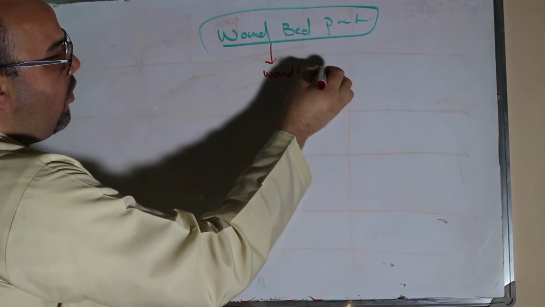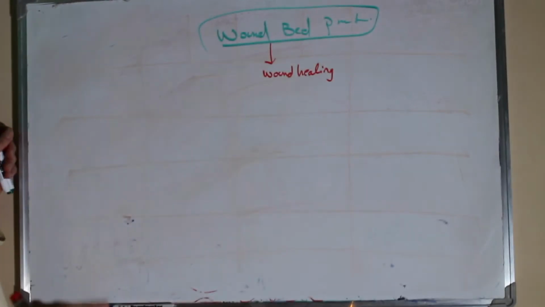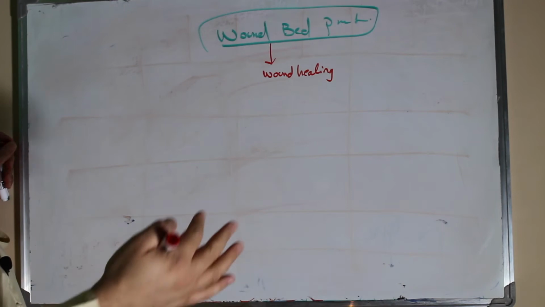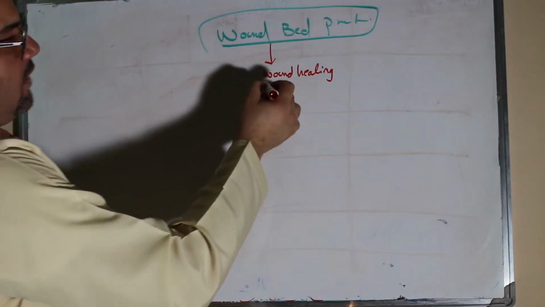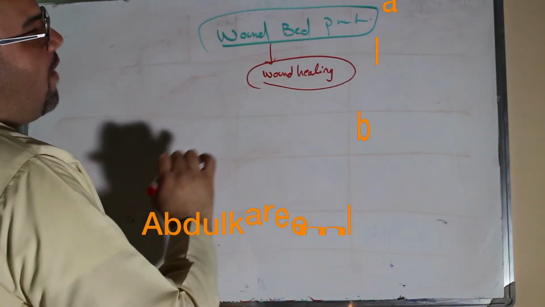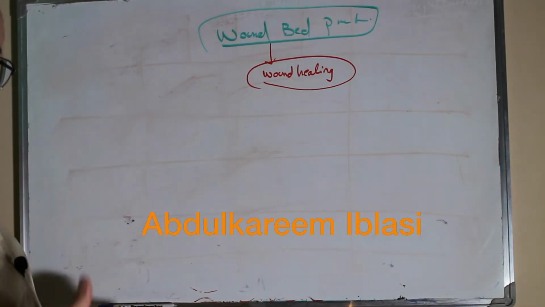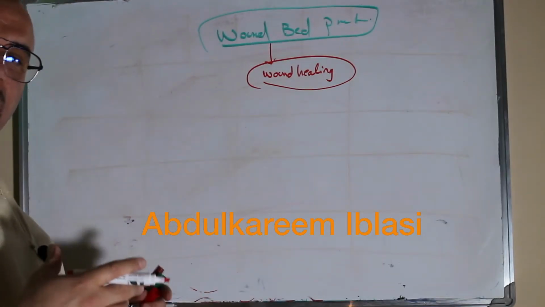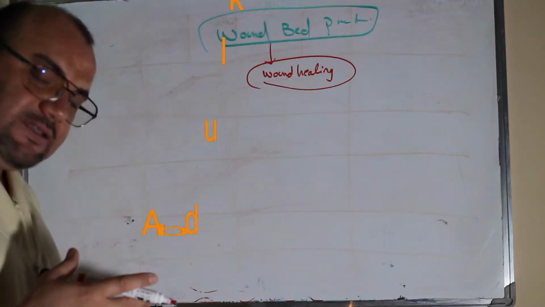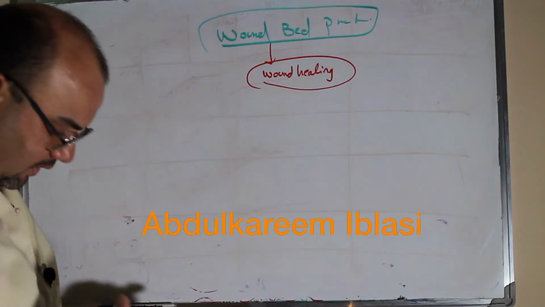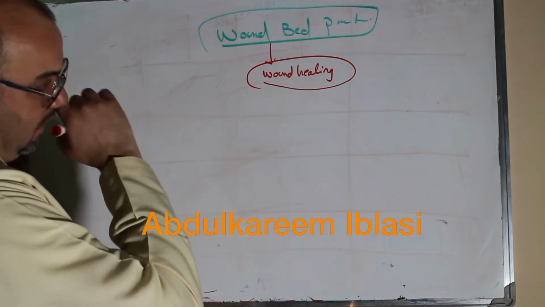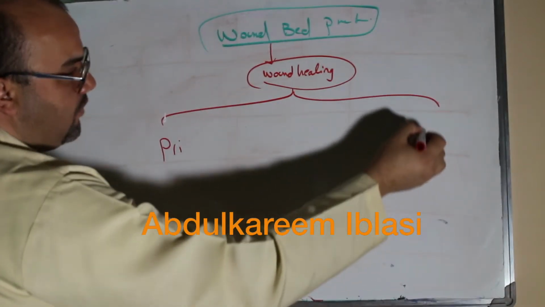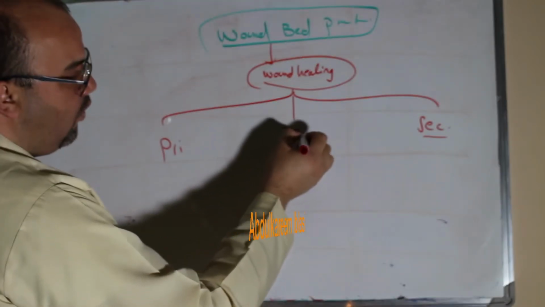So how do wounds heal? There are three types of wound healing that, when they happen, will lead at the end to wound closure, and this is what we are looking to present as part of the responsibilities of this week. So we have the primary intention, we have the secondary intention, and we have the delayed wound healing